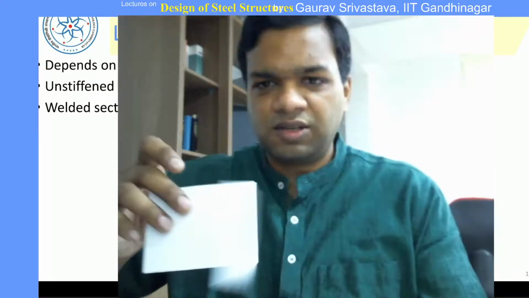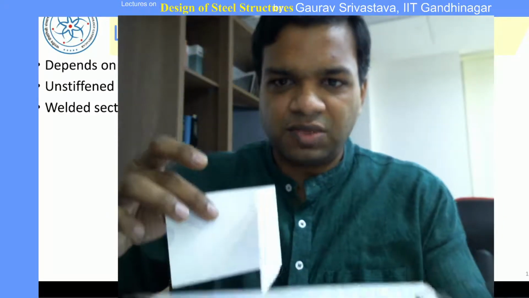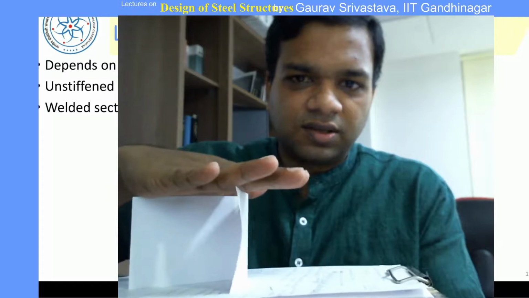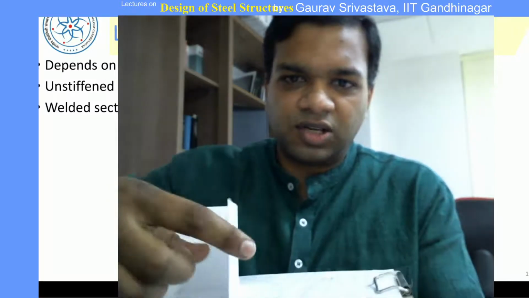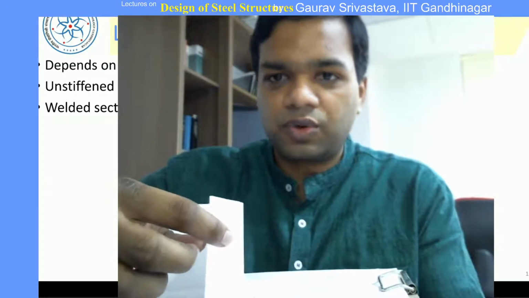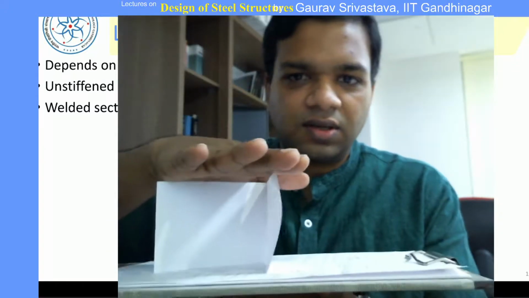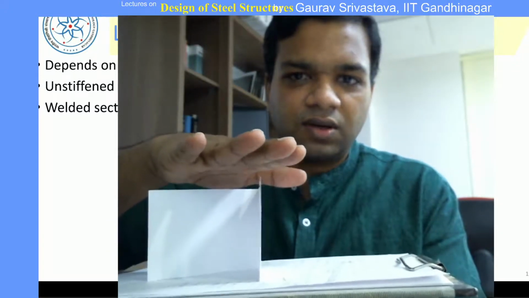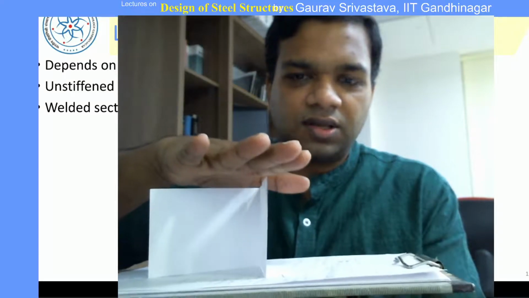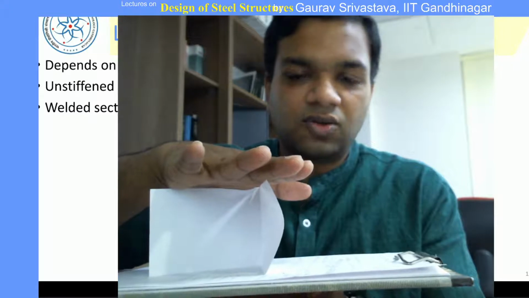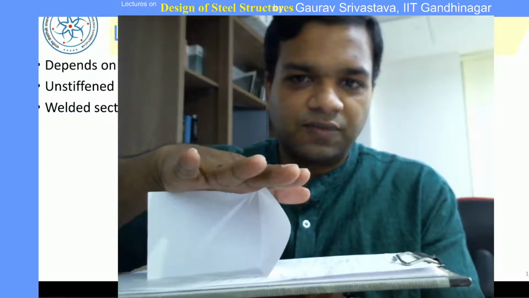This will be more visible if we take paper, for example, which has much smaller thickness, right? As soon as we apply a load, you will see that this particular portion of the member buckles locally. So it bends in a local way. We have not reached the overall strength, but this member has yielded locally. Sorry, it has buckled locally, right?